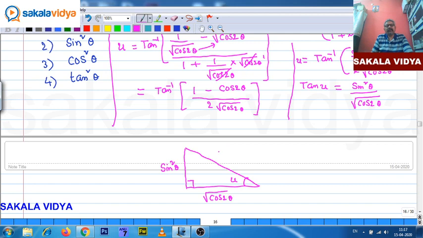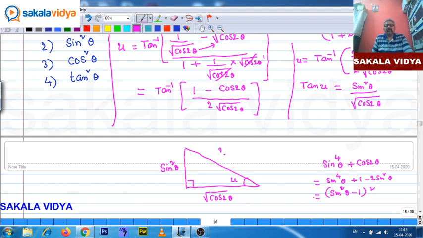Now we need to evaluate this one. Pythagoras theorem: sin square theta whole square, that will be sin theta power 4, plus root cos 2 theta whole square, cos 2 theta. So this we can write sin theta power 4, and cos 2 theta is 1 minus 2 sin square theta. This is nothing but sin square theta minus 1 whole square,